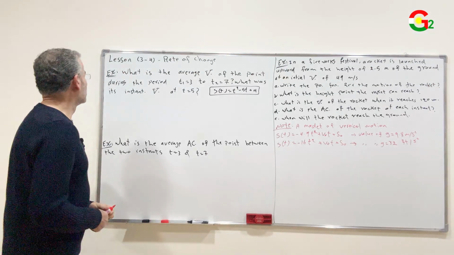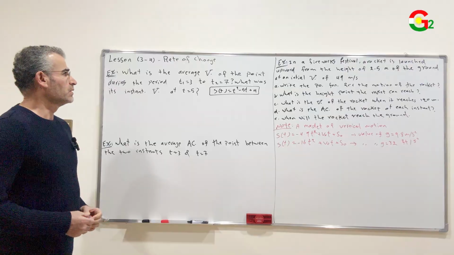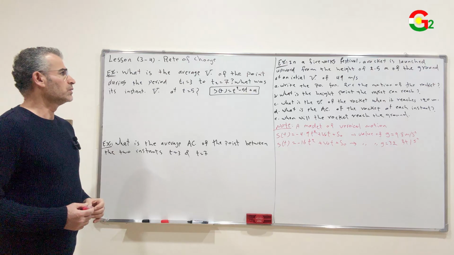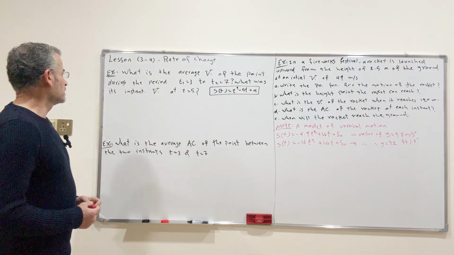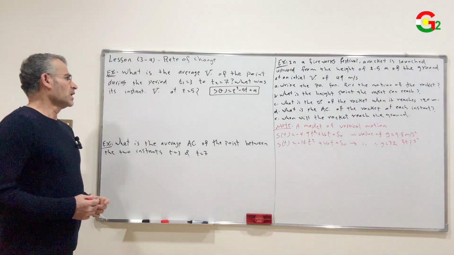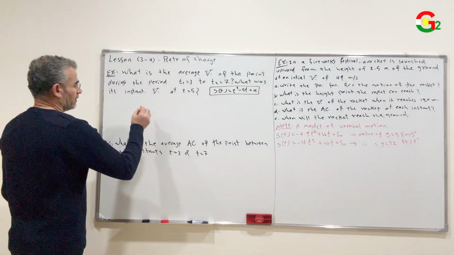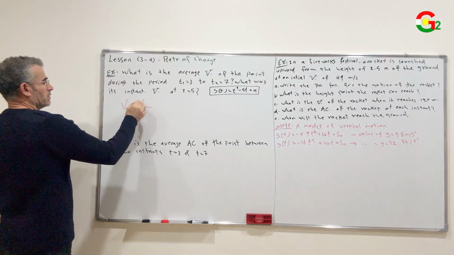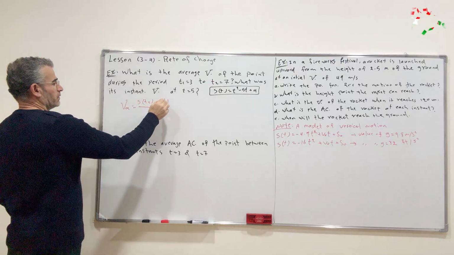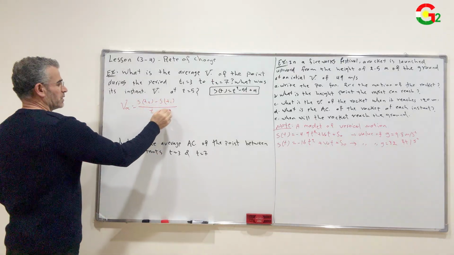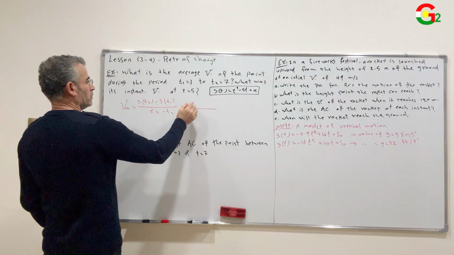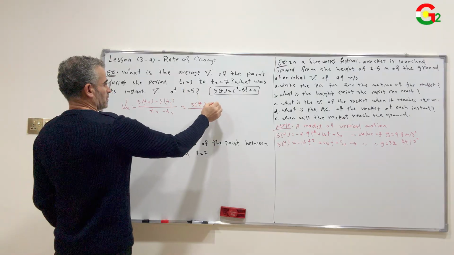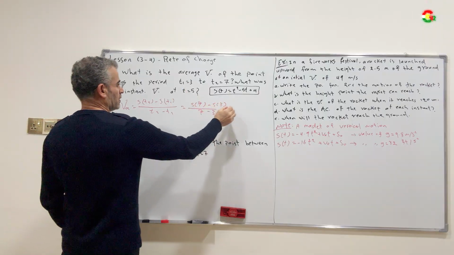Example: what is the average velocity of the point during the period t1 equals 3 to t2 equals 7? What was its instant velocity at t equals 5? The average velocity equals s of t2 minus s of t1 over t2 minus t1, which equals s of 7 minus s of 3 over 7 minus 3